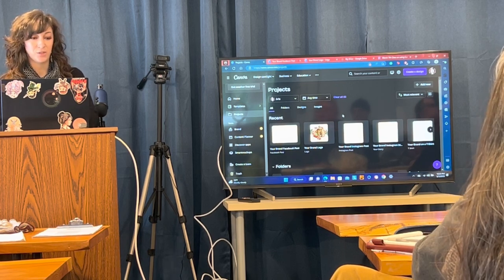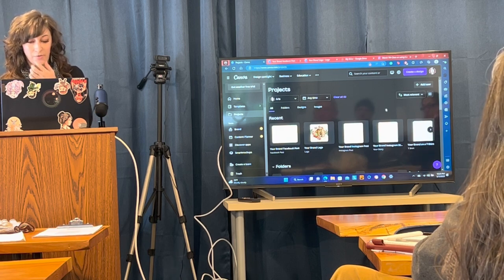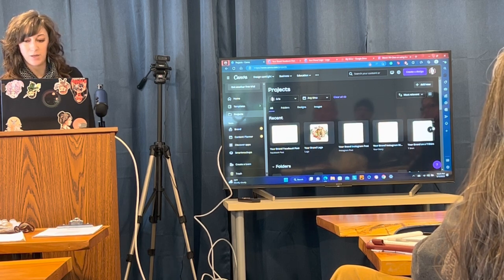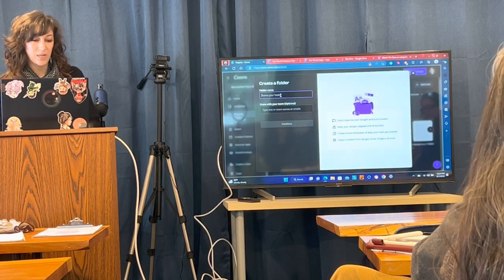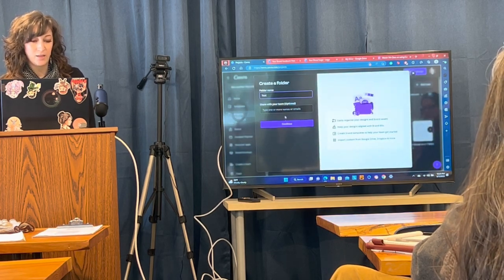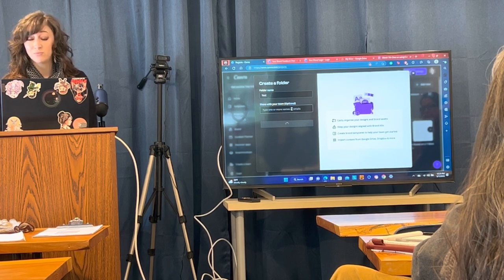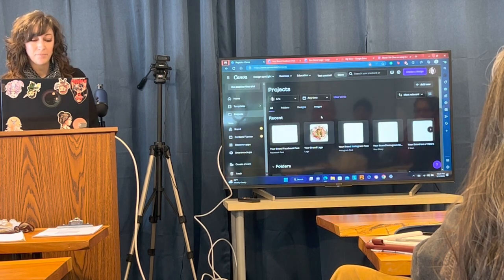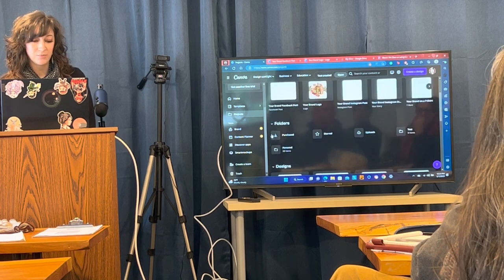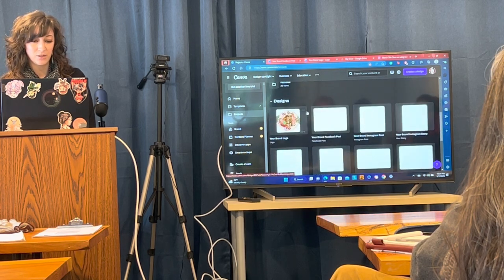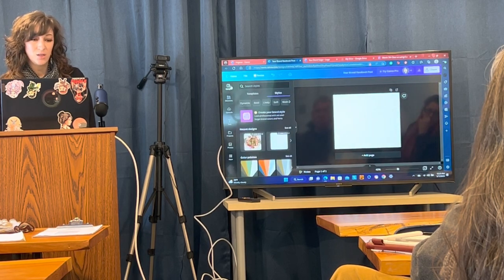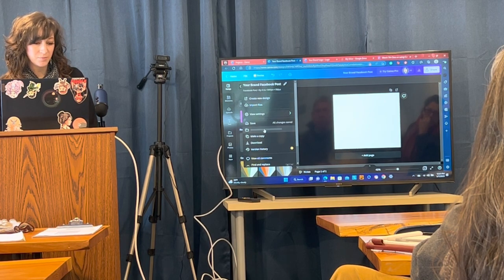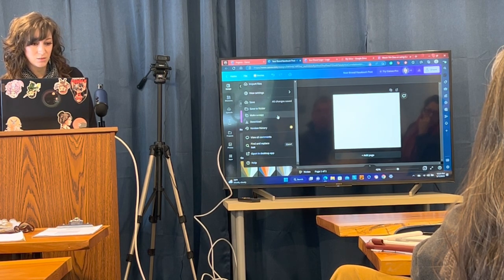So this is your projects folder. This is where all of the designs that you have made are gonna be, as you can see here. You can add a new folder, and name it whatever you want. And then you can even share it with people so they can come and view whatever's in the folder. So basically, now you've got your folders down here and your full designs. When you want to put something into the folder, you just go up here